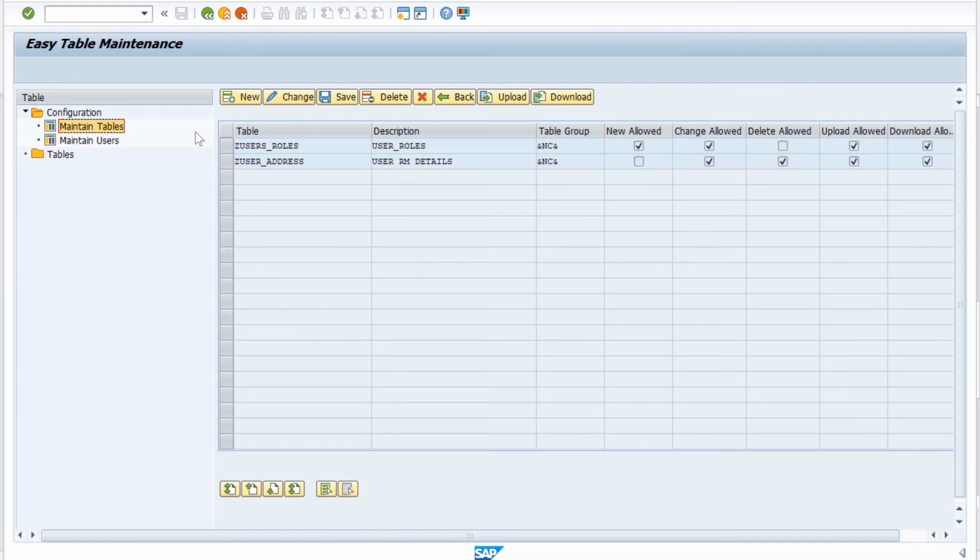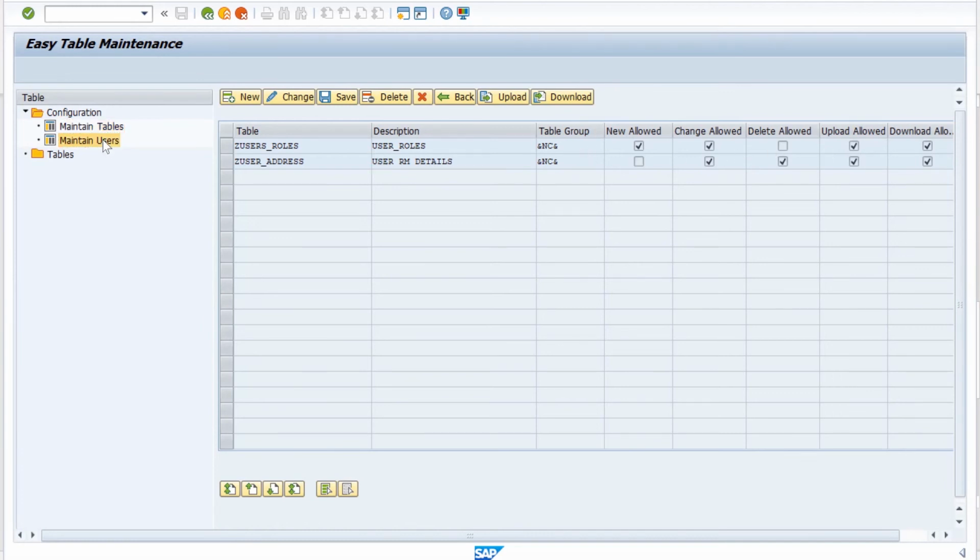You just need to go to maintain tables. Here we have maintained 2 tables. On one table, we provided new, change, upload and download options. On the second table, we have provided only change, delete, upload and download options.